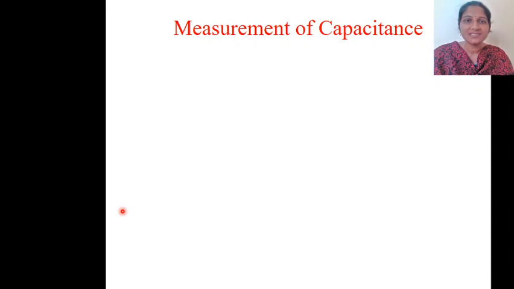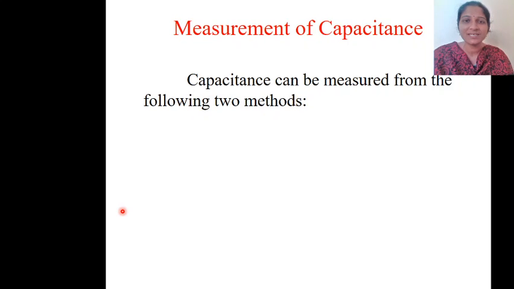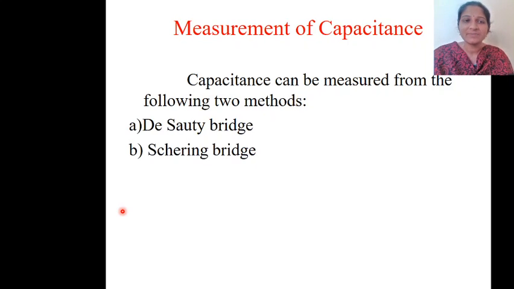In today's class, we shall study the measurement of capacitance. The measurement of capacitance can be done using different bridges. I am going to explain the Desauty bridge and the Schering bridge. These two are the important ones. And the third one, by using Wien's bridge also you can measure the capacitance. But the major importance of Wien's bridge is you can measure the frequency. That also you will study now.